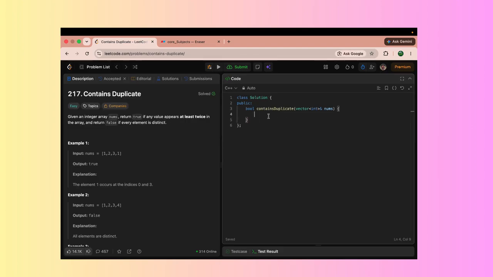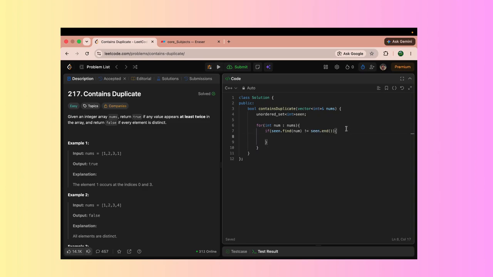So for that, what I can do is make an unordered set storing int, and I can name it seen. Now we'll start a loop for int num, which traverses my nums array, and it will check if seen.find(num) is not equal to seen.end().